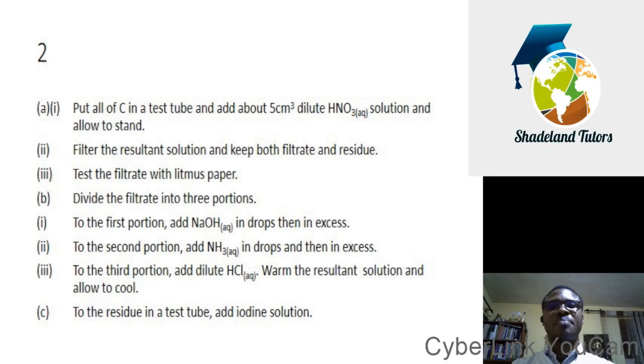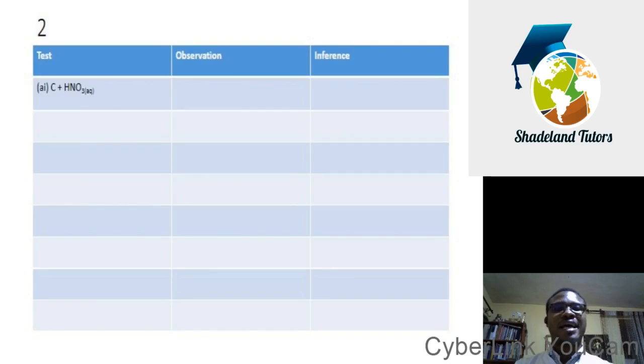So we are going to start by preparing our table with the tests, observation, and inference. Do well to draw the horizontal lines and vertical lines properly unless they are provided for you, but I don't think WAEC has started providing them. They just leave space for you to enter those. So do well to ensure that your test, observation, and inference are properly separated, with a rule, you draw the straight lines accordingly. So we are going to start with the first test, C plus